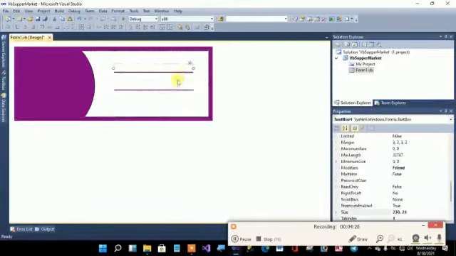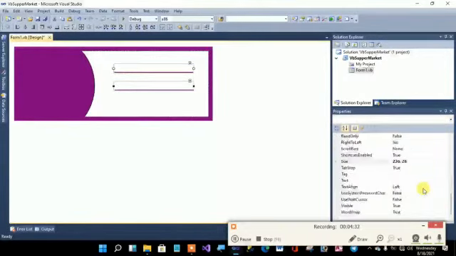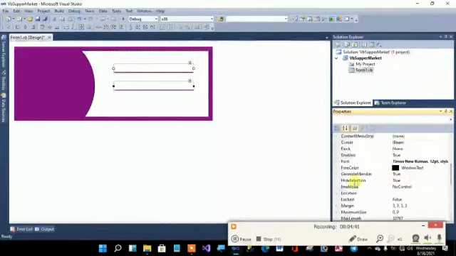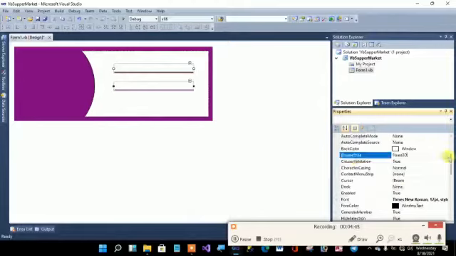Now let's select both text boxes and go to text align, then we align it to center. Then from here let's also go to the border style, then let's select none. Let's save,